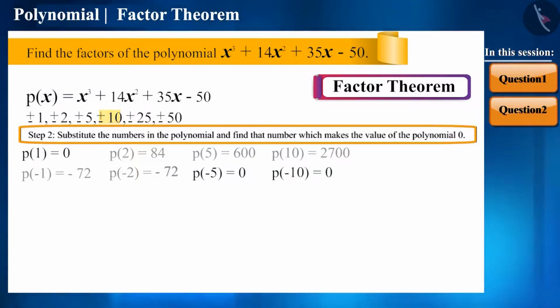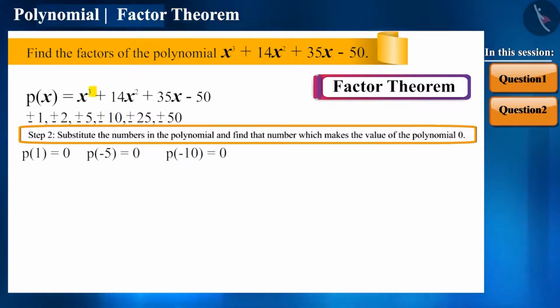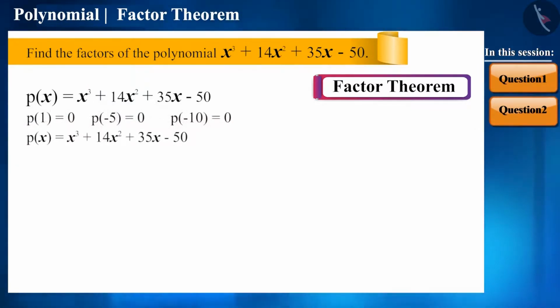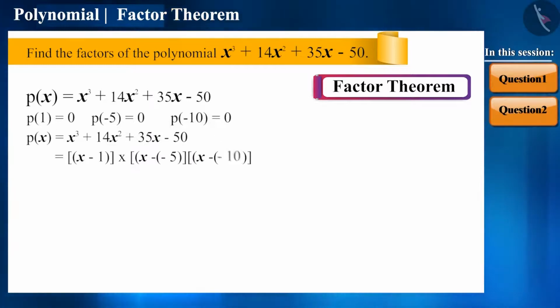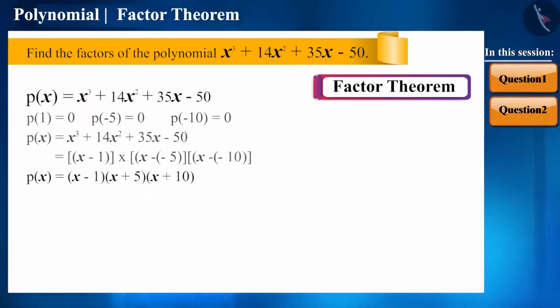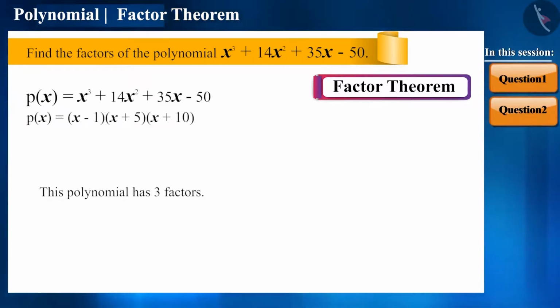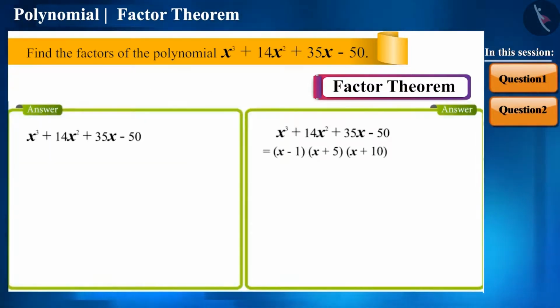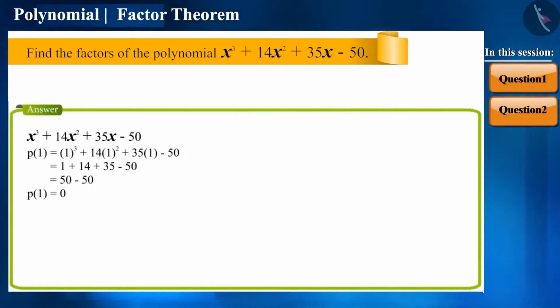Here, for the cubic power of x, we get 3 zeros. And since this is a cubic polynomial, there will not be any more zeros. And now, we can represent this polynomial in terms of its factors. P of x is equal to x minus 1, x plus 5, x plus 10. Friends, after finding the first factor, you can solve it without finding the other factors. Let's see how. When we got p of 1 as 0, we derived our first factor x minus 1.